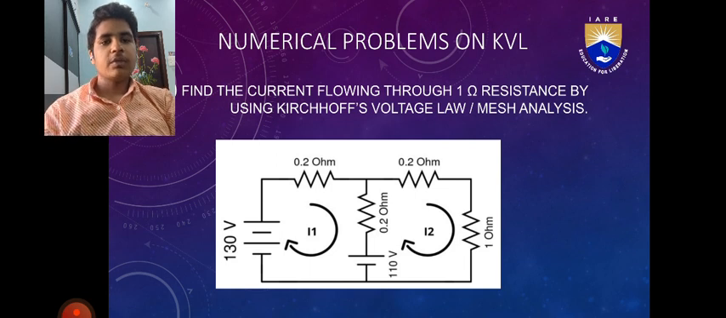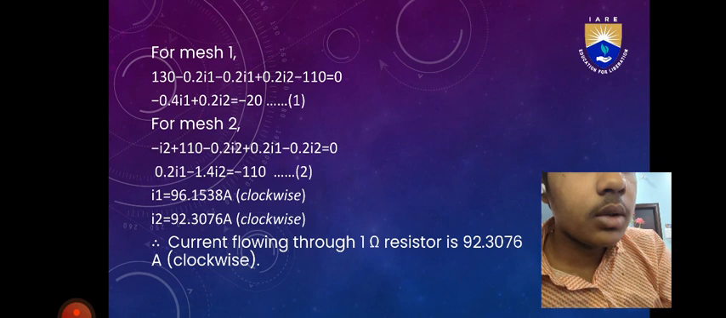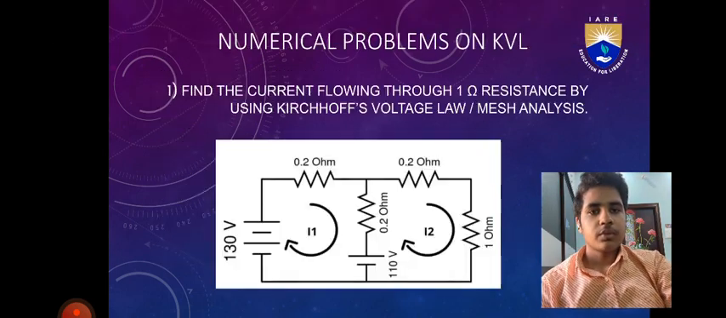Numerical problems on KVL. Find the current flowing through the 1 ohm resistance by using Kirchhoff voltage law. So a circuit is given. So for mesh 1,